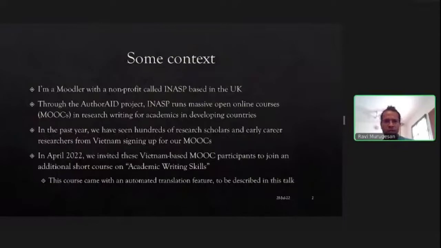We have a project called AuthorAid. Through this project, we run massive open online courses in research writing, basically writing research papers for publication in peer-reviewed journals. That's a hot topic around the world. Academics around the world need to be writing and publishing research papers. It's part of life, and there's a large demand for training on this topic.